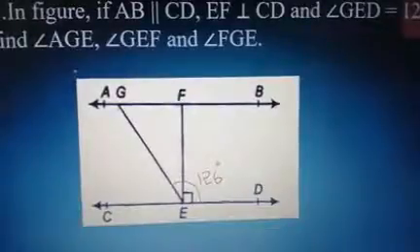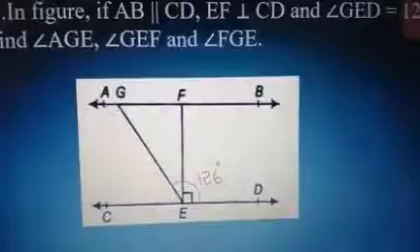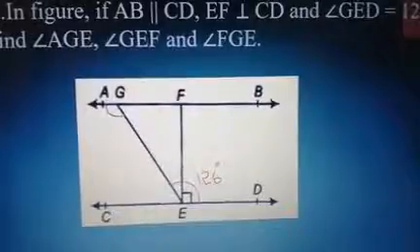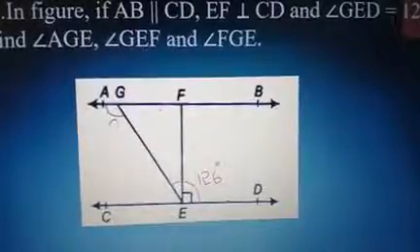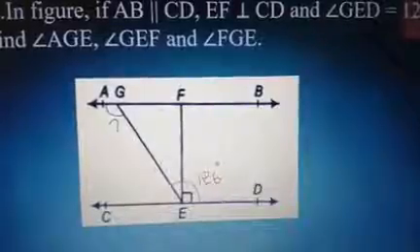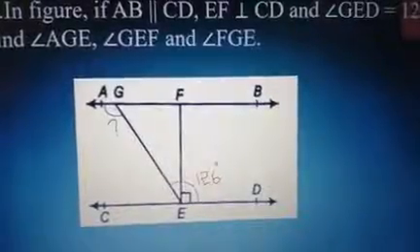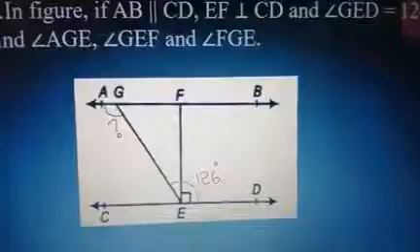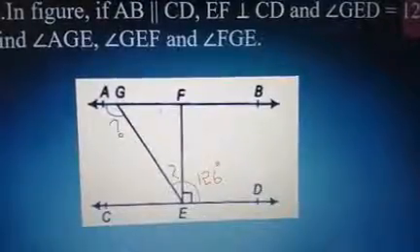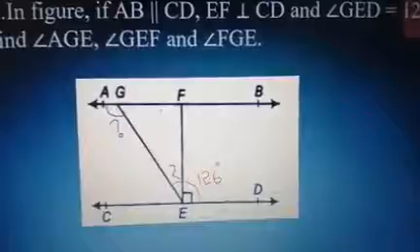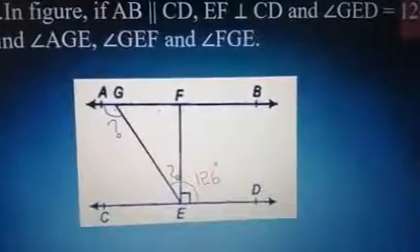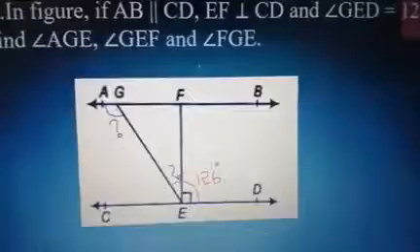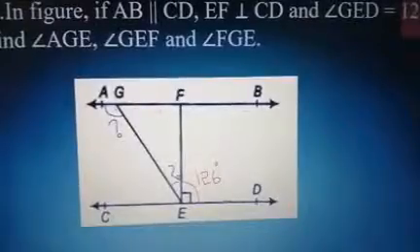So first thing is we are supposed to find AGE. So this angle we are supposed to find, right? So this is equal to a question mark. Whatever we are supposed to find, let me put a question mark. And then angle GEF. So this is also a question mark in this case. This one can be found very easily, as you see the figure, you can tell me the answer for that. And then angle FGE. So this angle also should be found.